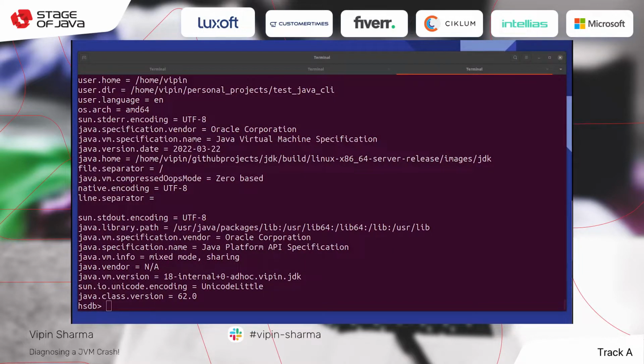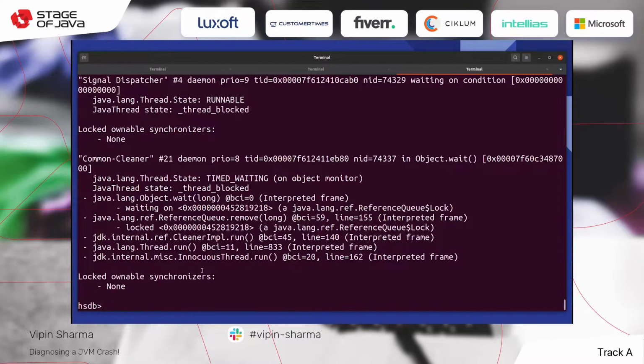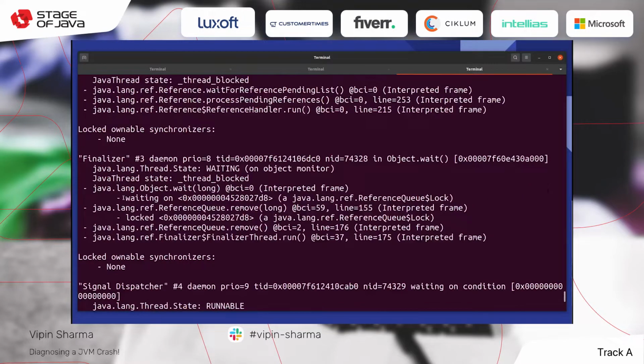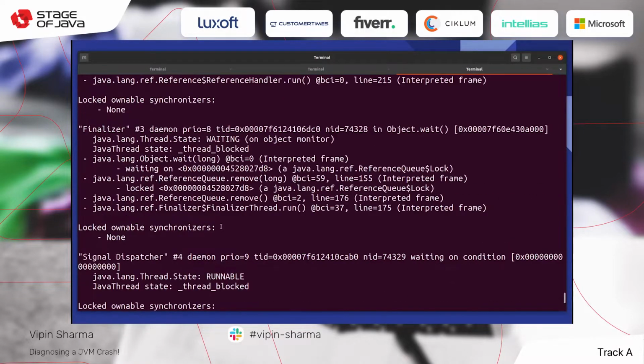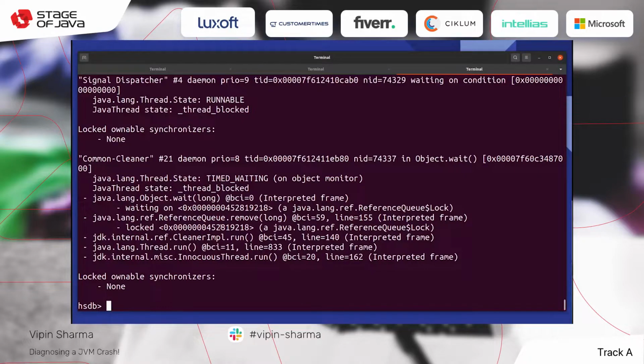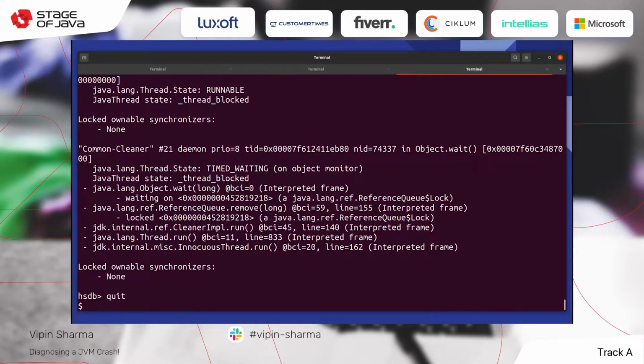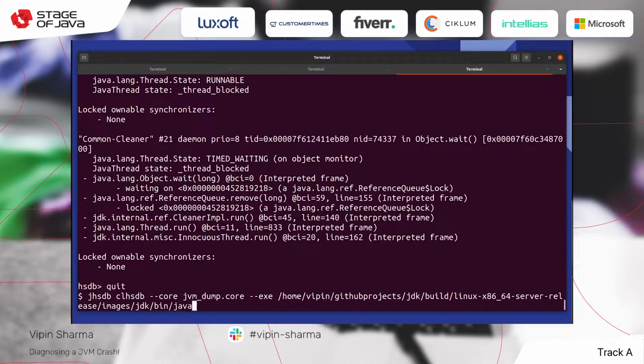Now the last thing I would like to show is JStack. Using JStack, which is our favorite command to get a thread dump, you get a nice thread dump. This is the same information you get using the JStack command. Very similar output you see here. It says no deadlock found, and then it prints all the status. Okay, I'll quit this mode. So what we have seen is we analyzed a core dump in command line mode